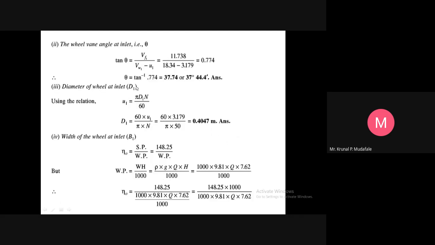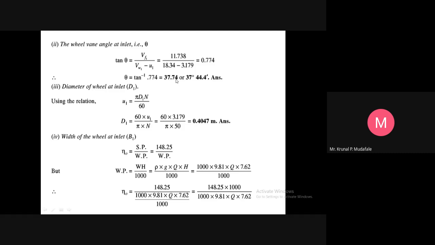Okay, so this equation comes out as Vf1 upon Vw1 minus U1, and as we all know, Vf1 is what? Vw1 and U1. So put all the values and you will get the answer for theta, that theta is equal to 37.74 डिग्री। ओके, तो यहाँ से हमें थीटा का एंगल भी मिल गया, अल्फा निकाल लिया, थीटा निकाल लिया, दो टारगेट अचीव हो गए।